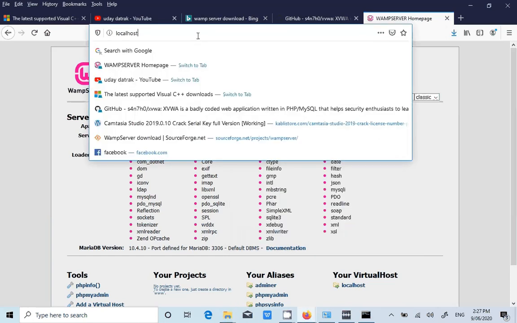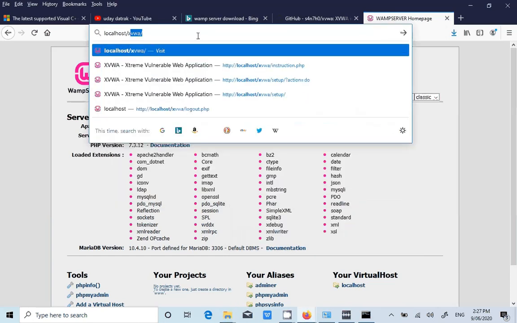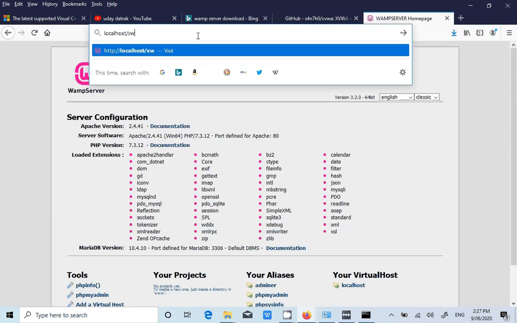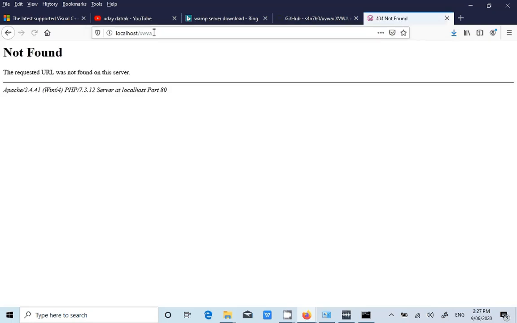you can rename that XVWA to any name. You can give your name, or you can give something like hello, and whatever the name you give, you have to give here. If you have given the folder name as hello, then you have to give as hello here. Now